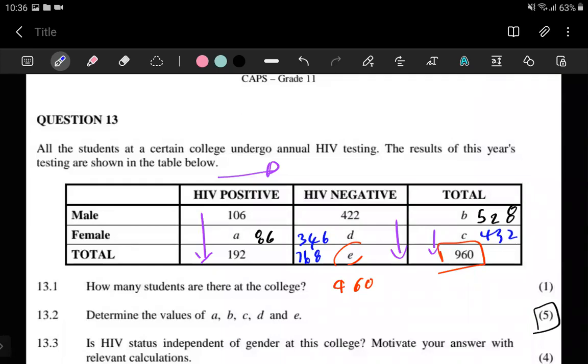You get it now? Yeah, I get it. Yeah. So